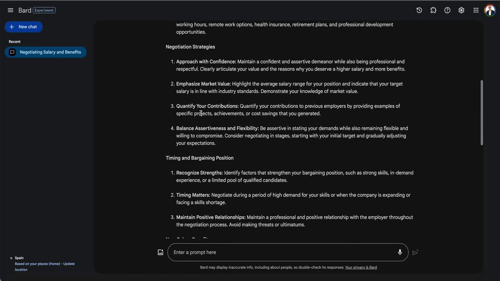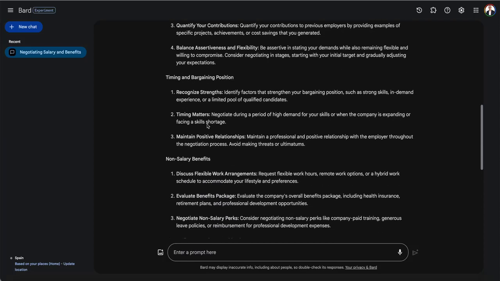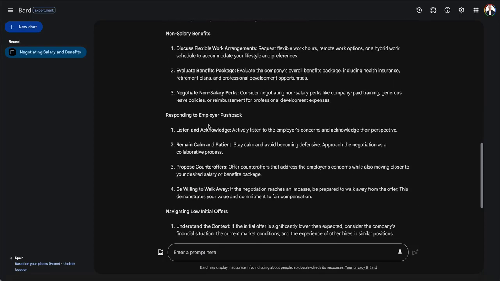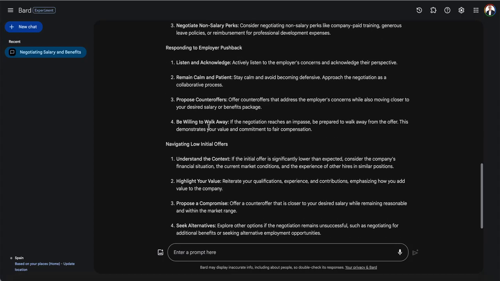It is good that you think about your contributions and how you can prove them in numbers. These are really great ideas. And then of course timing and non-salary benefits, and how to respond. This is really good. Remain calm and patient, and propose counter offers.